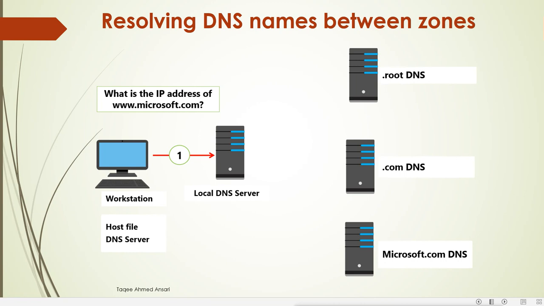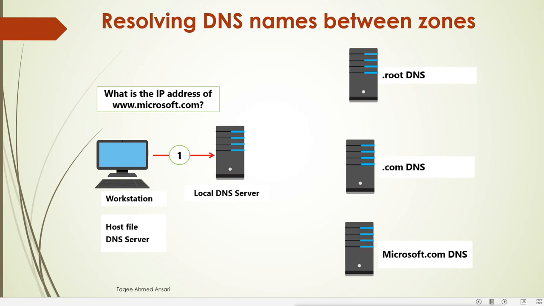It can only respond to those queries for which zones this DNS server has. So if this DNS server does not have any zone about Microsoft.com or any domain, any .com, any domain name, then it is not called an authoritative DNS server for that domain. It will be authoritative only for the domain for which it has these zone files. Now, Microsoft.com zone file it does not have.